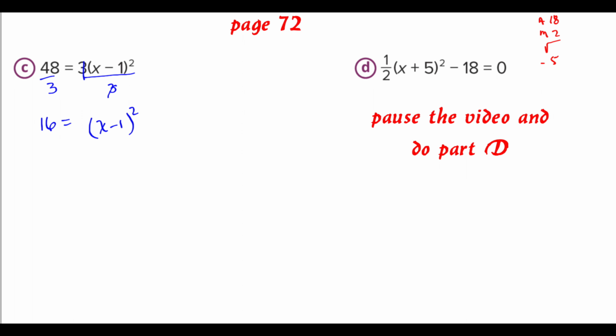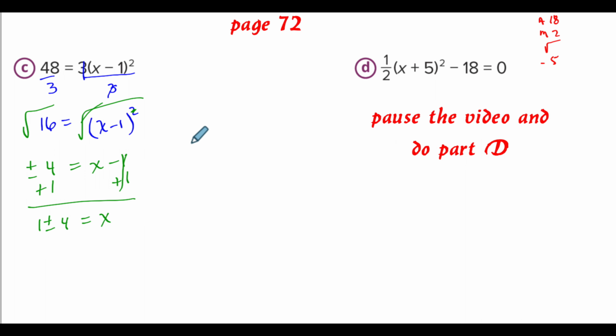At this moment, we can take the square root, right? So we'll square root both sides. Don't forget to make this plus or minus, right? We just talked about that. So plus or minus 4, that's the square root of 16, is going to equal, these guys would cancel, right? Square root undoes the squared, and we get x minus 1. So if I add 1 to each side, using that method I just showed you, these will cancel. If I add 1, I'm going to get 1 plus or minus 4 is going to equal